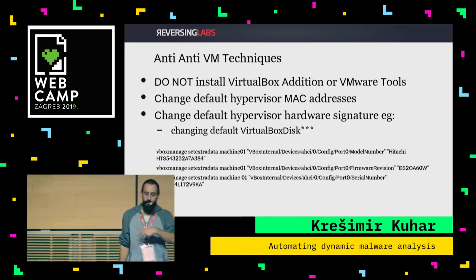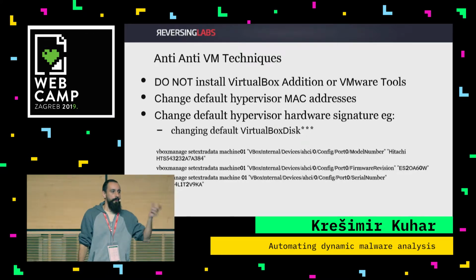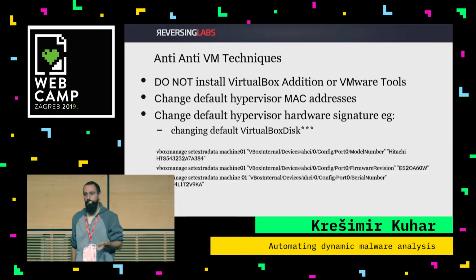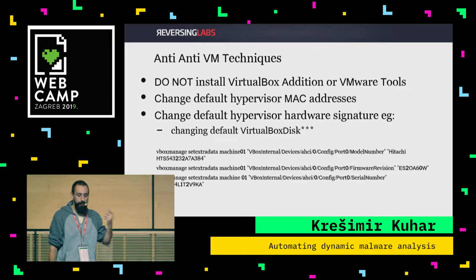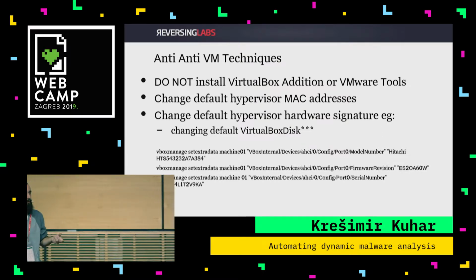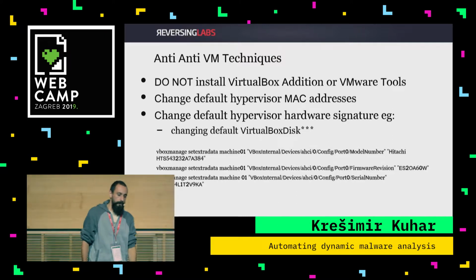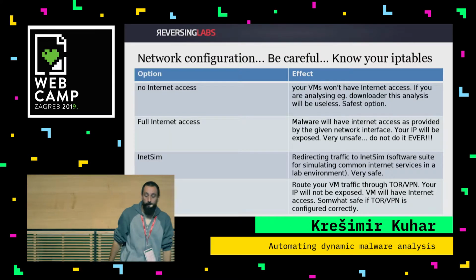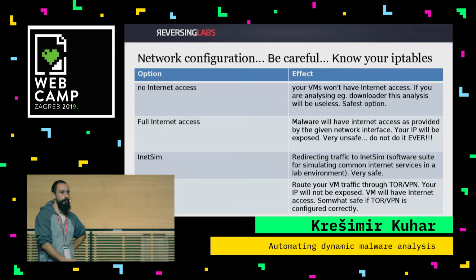So basically, don't install VirtualBox additions or VMware tools, whatever you use. You need to change the default MAC address of your virtual machines and change the default hypervisor hardware signature. For example, this is how you can change the default hard disk of the VirtualBox. So, yeah. And the other thing you need to be careful about is what I said before, it's your network